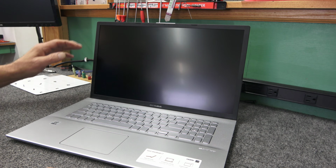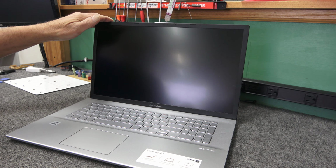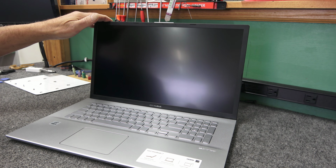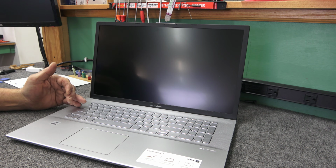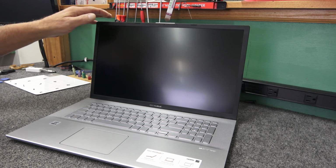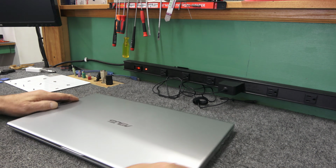Not too difficult, but it's brand new. I mean, she hasn't put absolutely nothing on it. It's basically factory, because she came in and I helped her with S mode, you know, getting it out of S mode, so to speak. She had no idea. They didn't tell her that when she bought it, there was an S mode. She wanted to put some stuff on it, but she couldn't because it was in S mode. All right. Anyway, having said all that,